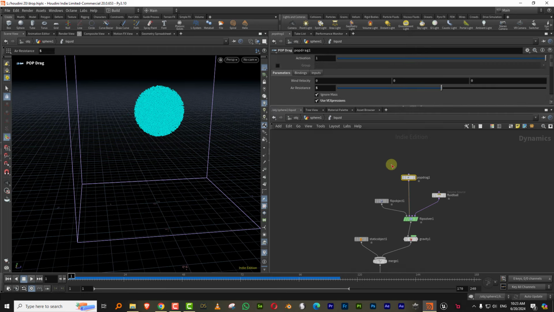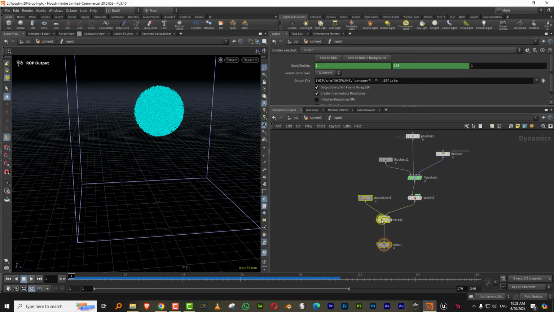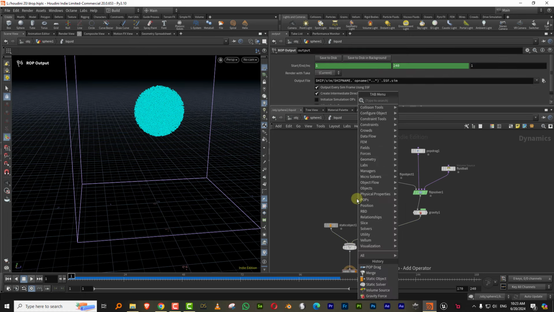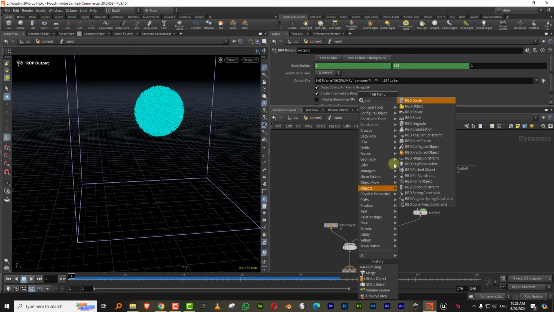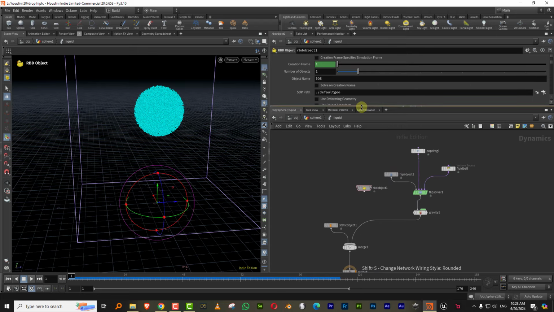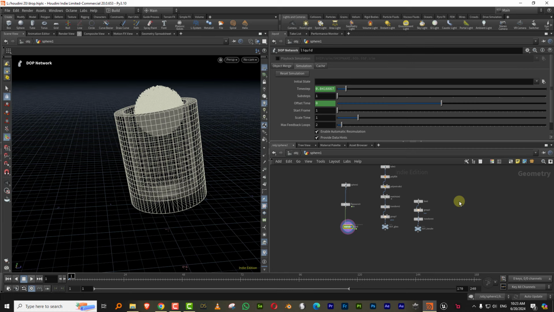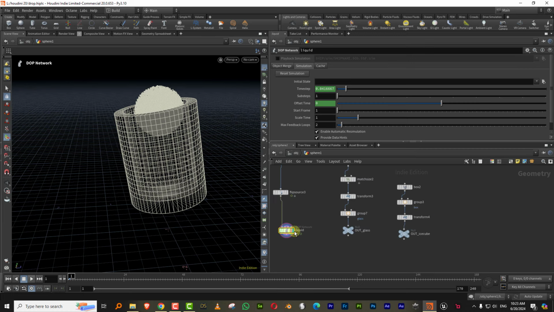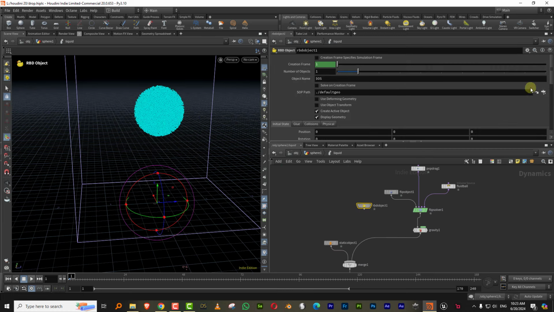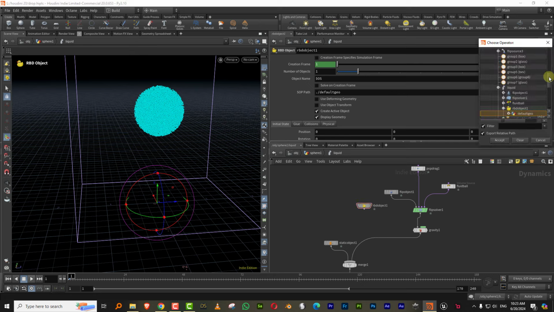Okay, now in order to bring in the box, I'm just going to take this out, and we'll take an RBD object, and we want to pick up the box. So it will be outbox. Is it called outbox? Hold on a second. Oh, it's called out ice cube. Okay, so pick up out ice cube,